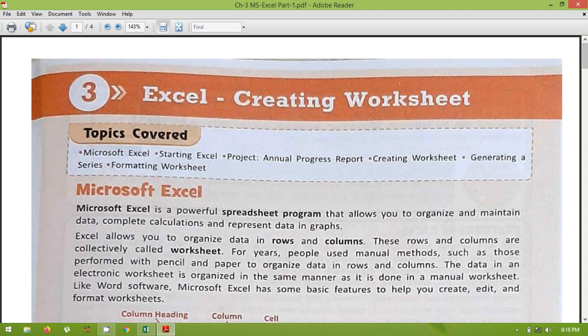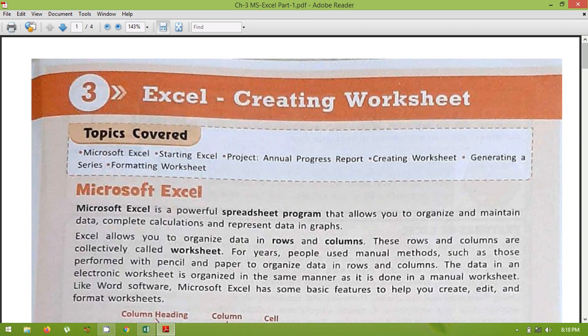These rows and columns are collectively called a worksheet. Like if you want to represent your data in the form of a table, you have to use the table option in Microsoft Word.